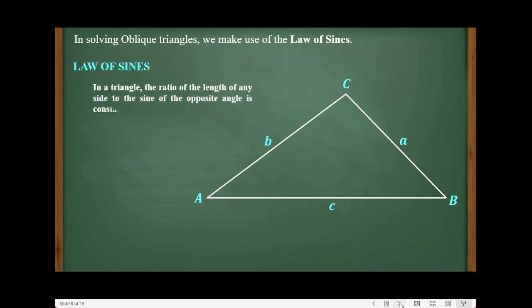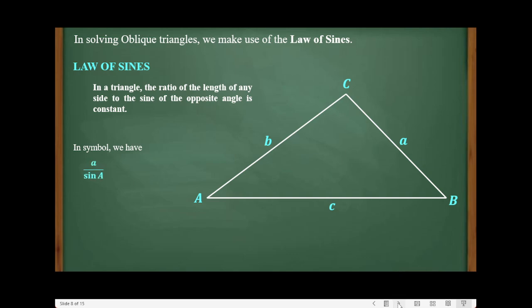Law of sines states that in a triangle, the ratio of the length of any side to the sine of the opposite angle is constant. So this is the statement under the law of sines. Now, if we're going to consider the mathematical statement of this one, in symbol, we have this formula or mathematical